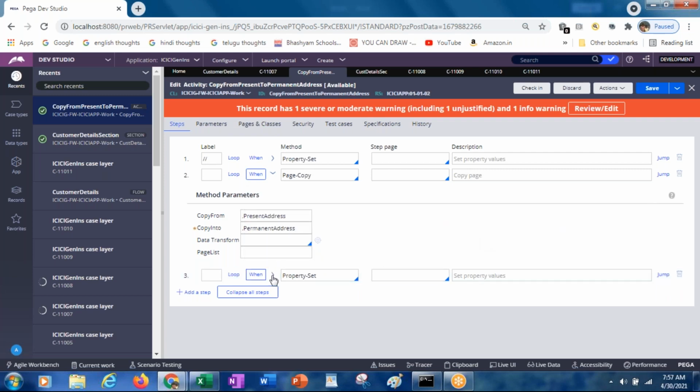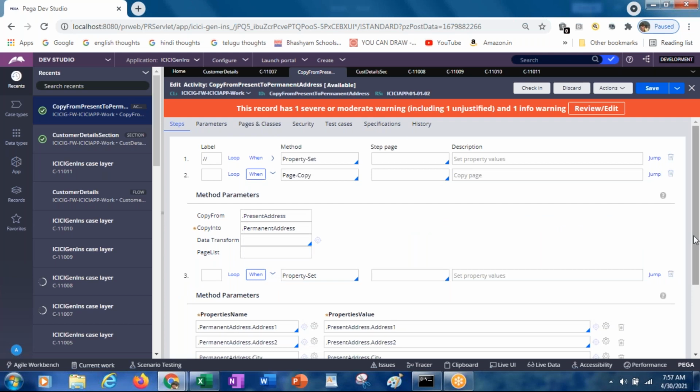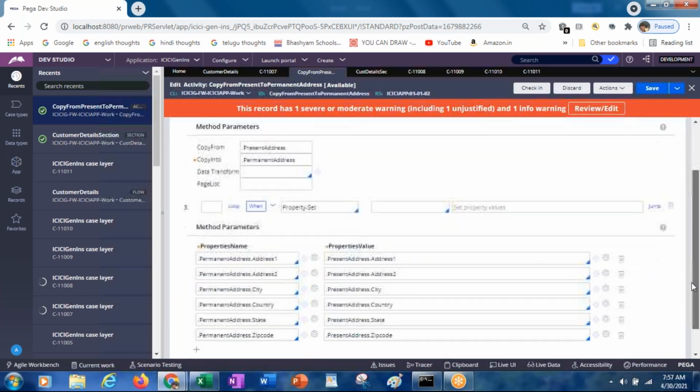So by continuing, what exactly will we be doing? We will be setting the values. What values will we be setting?